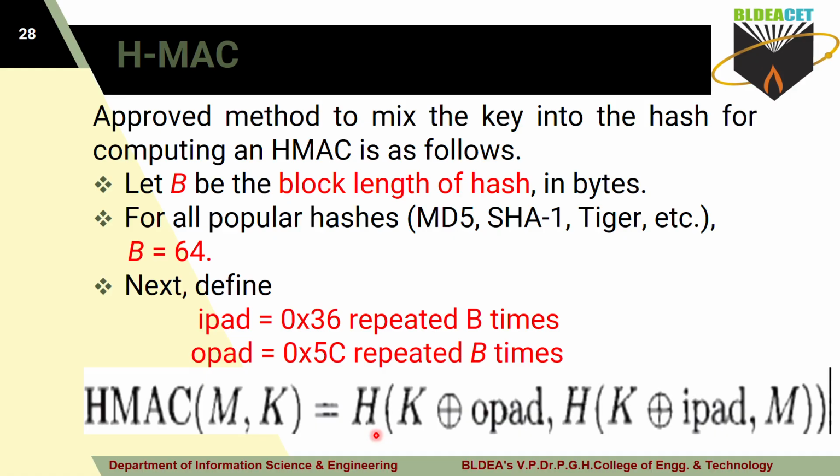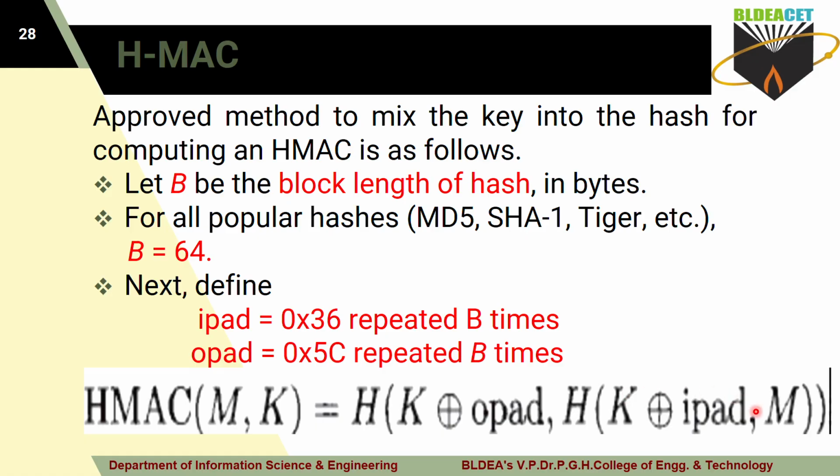Now if you want to calculate the hash value, what is the procedure? It is the hash of the key XOR with the OPAD, and this OPAD and key are known only by Alice and Bob. In the same way, comma, the hash function of K XOR with the IPAD and the message. The hexadecimal values of the IPAD and the OPAD are taken, and they are XORed with the key.